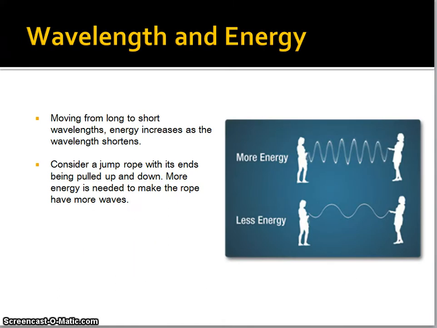So wavelength and energy. It says moving from long to short wavelengths. So if you have waves with short wavelengths, they are going to have a higher frequency and therefore more energy associated with them. And so here's an example of 2 people with their ropes. If you wanted to have less energy, you just gently move the rope up and down, and you would see this wavelength much larger, less frequency. But here, if you wanted to make a lot of waves with the rope between 2 people, you'd have to put a lot more energy into it. And you want to remember that for when we talk about the electromagnetic spectrum. The smaller the wavelength, the more energy